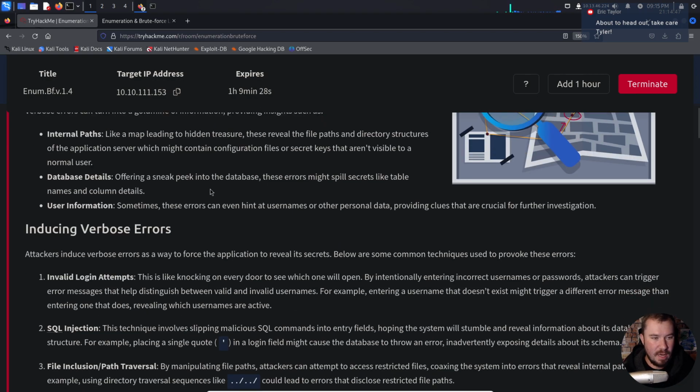Database details. Offering a sneak peek into the database, these errors might spill secrets like table names and column details. I think we had that on one of the TryHackMe machines that I recently called Injectix. I think I might have my signals crossed though. Finally, user information. Sometimes these errors can even hint at usernames or other personal data, providing clues that are crucial